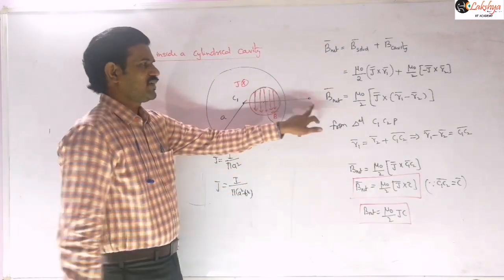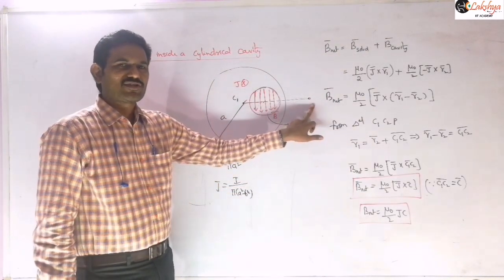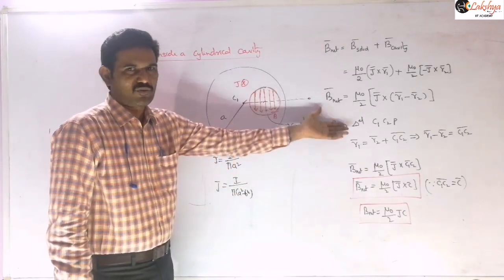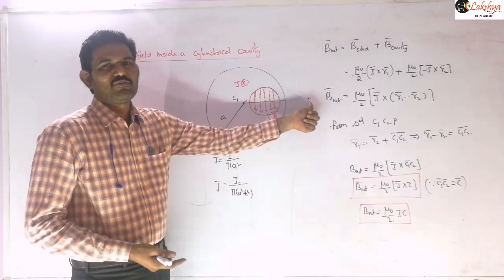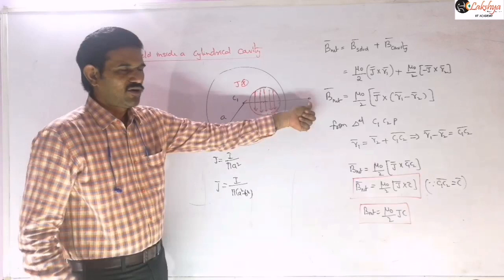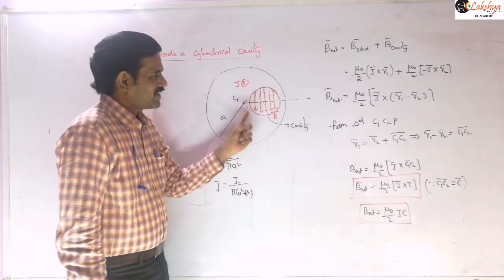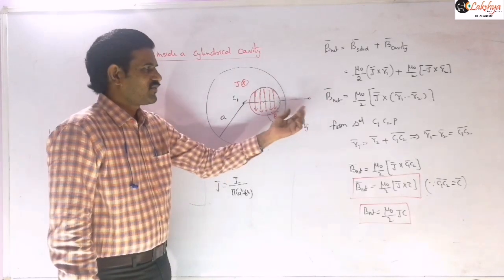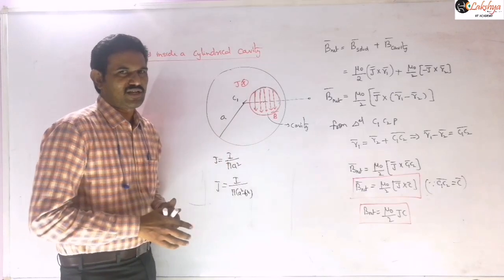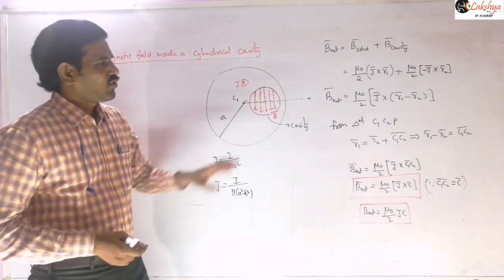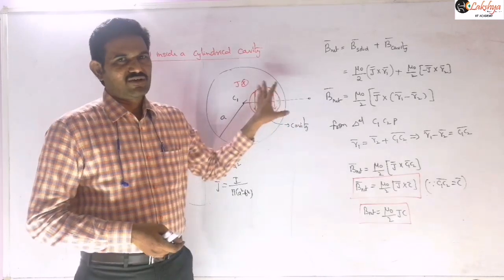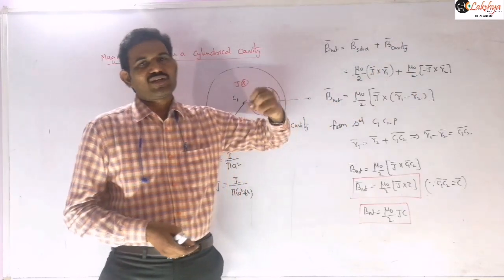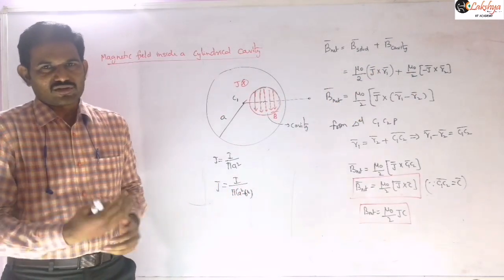So the magnetic field at a point outside is again the combination of the magnetic field due to the complete cylinder without the cavity, the first one, for an external point. For this point you can apply the mu naught I by 2 pi small r formula, the outside formula. Then similarly, minus the magnetic field due to this cavity having some current, right? So you subtract the magnetic field due to this cavity. The negative sign here indicates that we are subtracting the magnetic field due to that cavity.